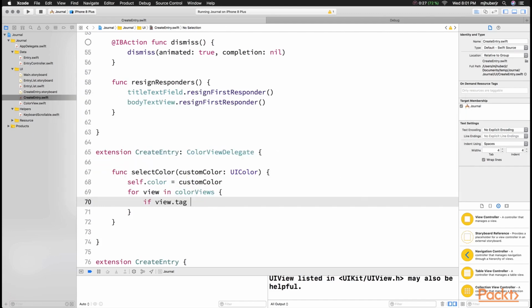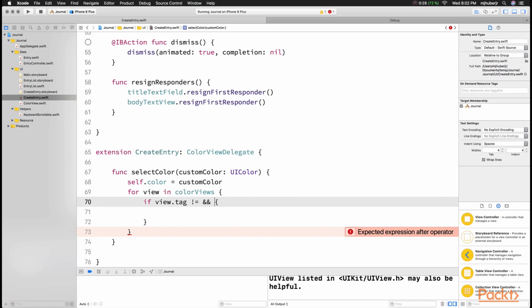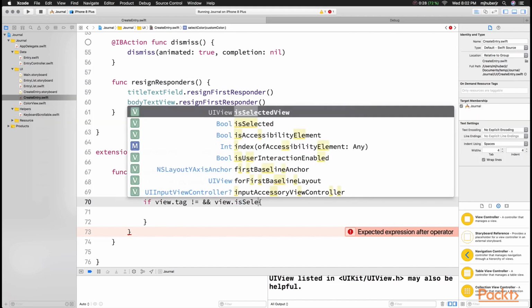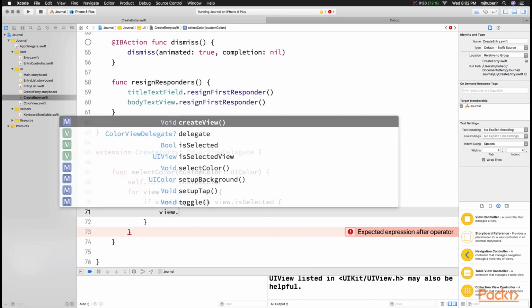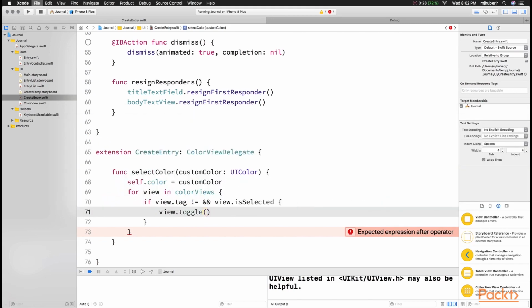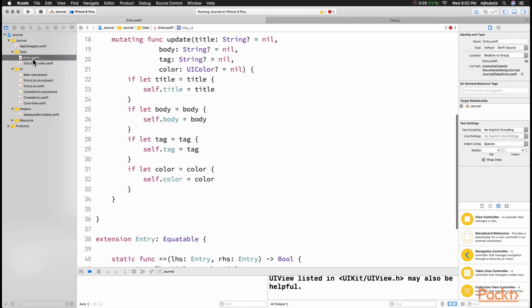And then we can check all the color views to see if the tag matches the actual color. But right now, the color itself does not have a number associated with it. So basically we want to see if the color has an associated value of, say, 1 through 7 that would match that tag,